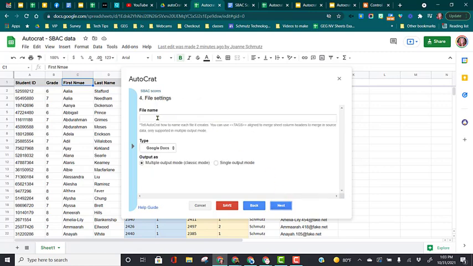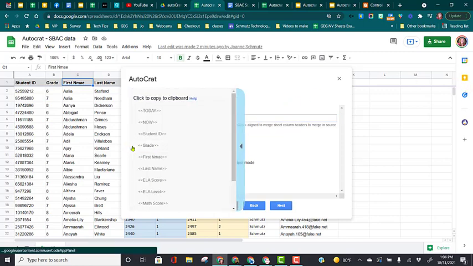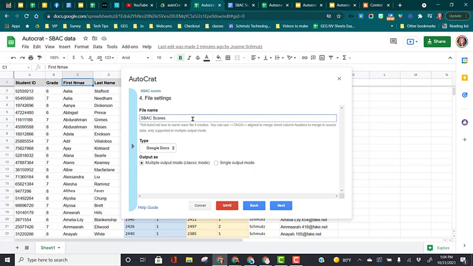Here's where I want to name the file. Now I want to personalize this for each person. So I'm going to put SBAC Scores, but then right here I'm going to click on this arrow and I want to make it specific, each file name specific. So I'm going to grab this tag of first name, paste it here, then I'm going to put a space,